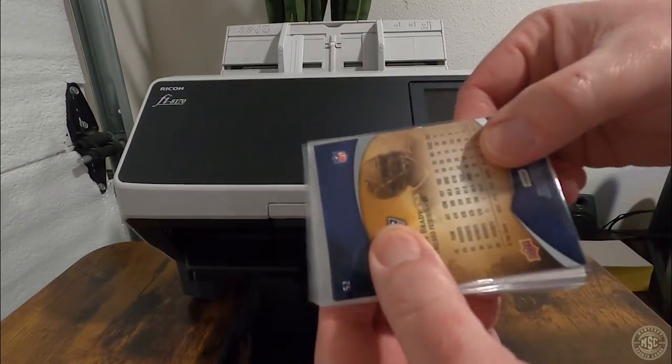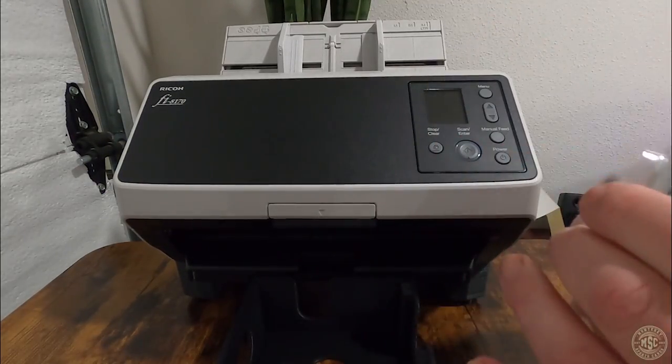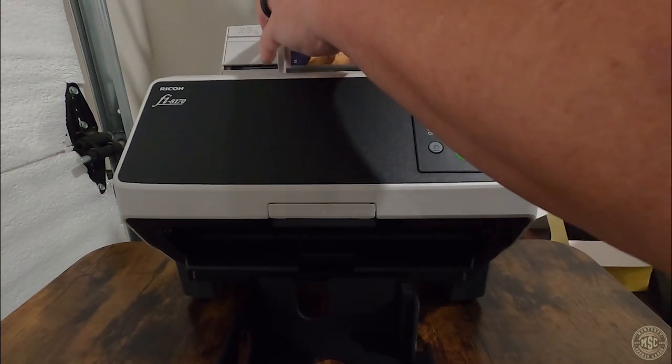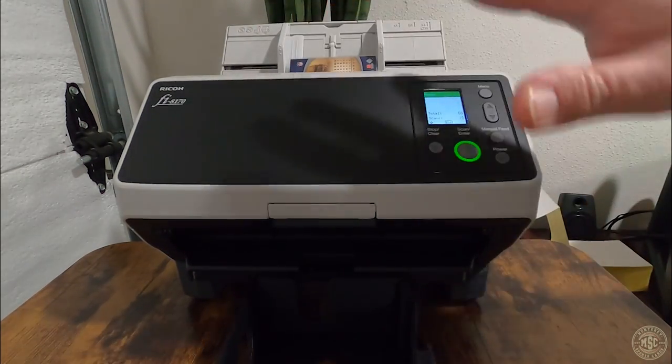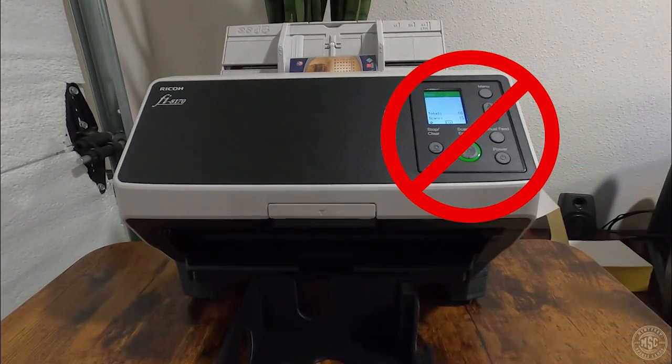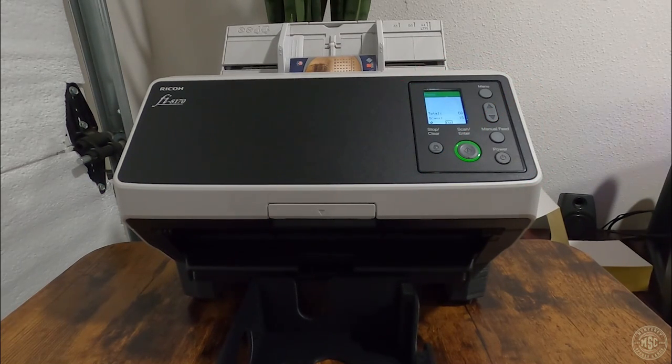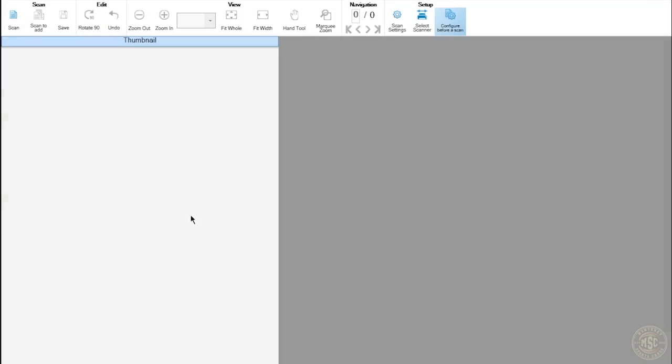We're going to put them all face down and also landscape like this. So they all just go right in here, just like this. We don't use any of the buttons on the machine here. Everything's going to be done over on the PaperStream Capture. So, all right, now that we are back over here to PaperStream Capture, what we want to use is the